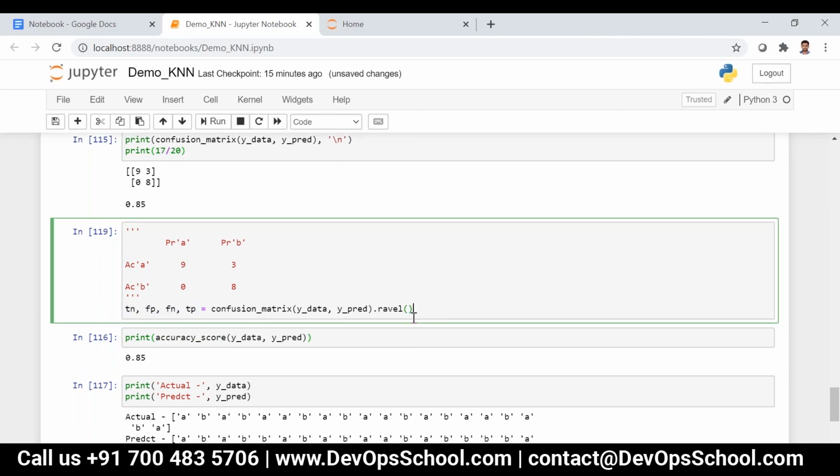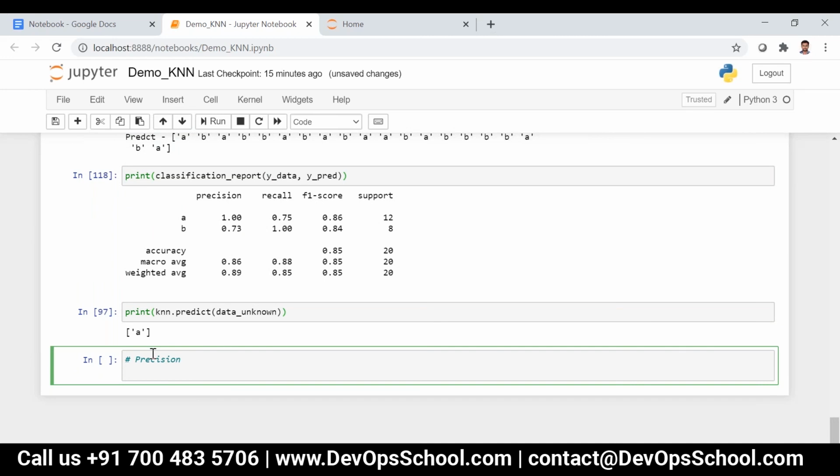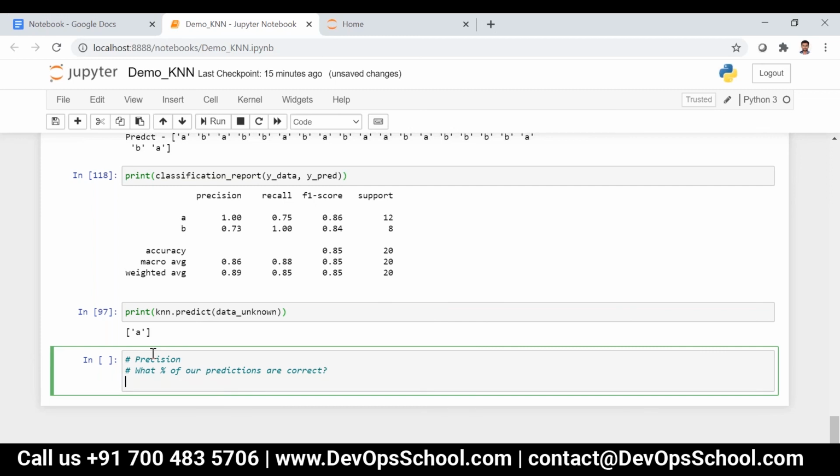Now I'll be having these 4 parameters. So when we talk about precision, what is precision basically? What percentage of our predictions are correct? That is nothing but precision, right?